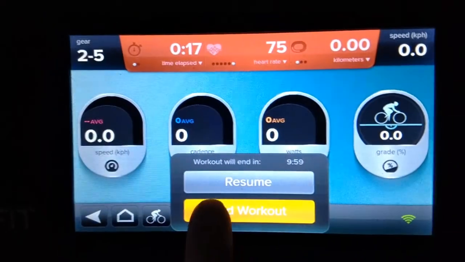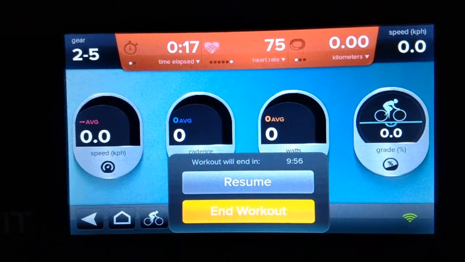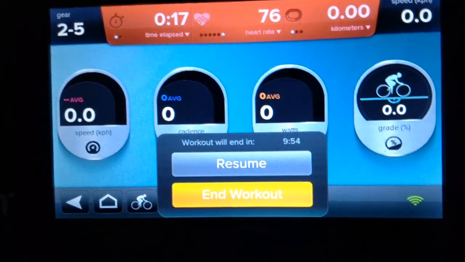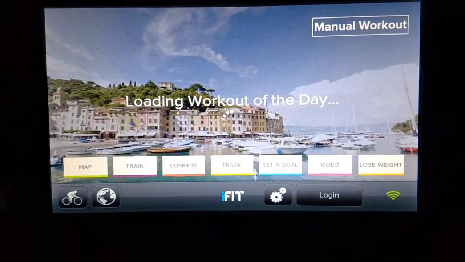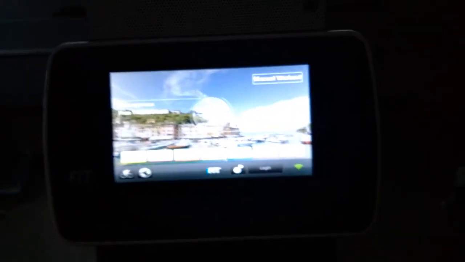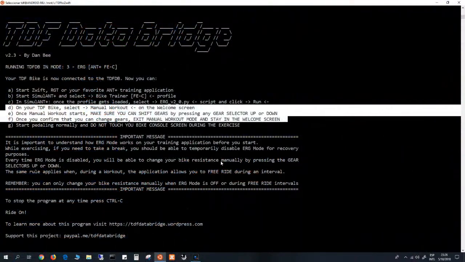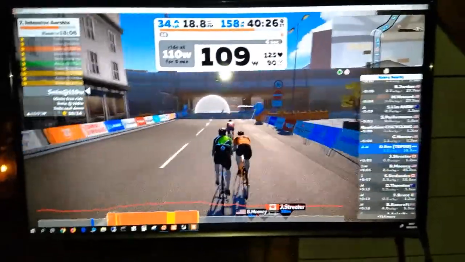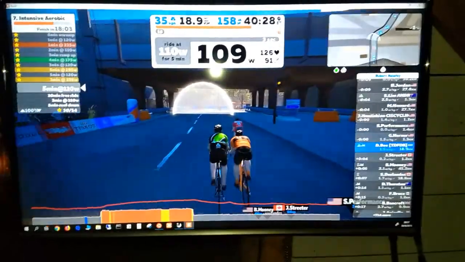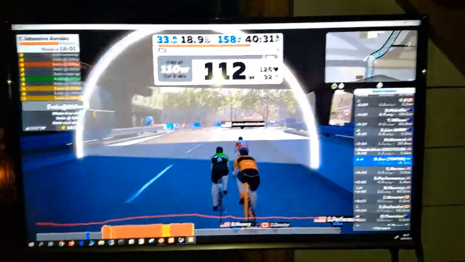You can touch those gear selectors and they are actually going to change gears. That's what I look for when I ask you to do these 3 steps here. Basically, it is to enable the gear selectors because you're going to need them, since in ERG mode, part of the ERG mode possibilities is to let you free ride, which basically gives you back the control of your bike, of your resistance, how much resistance you want